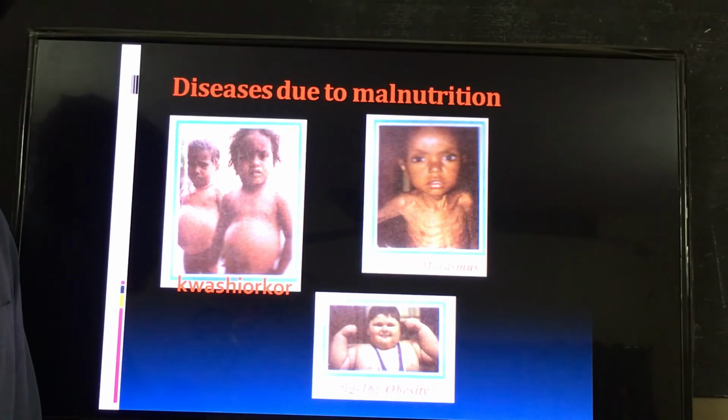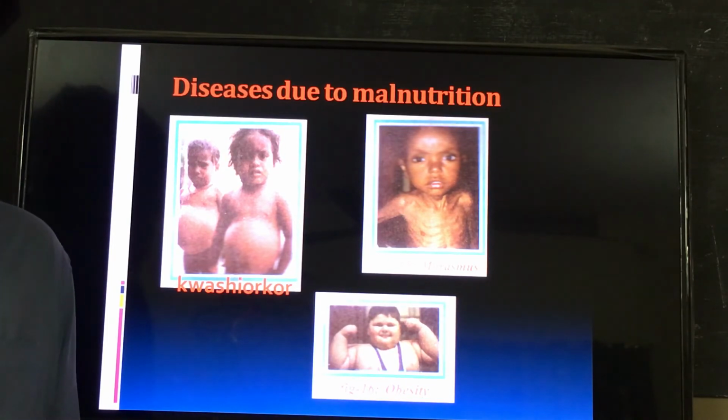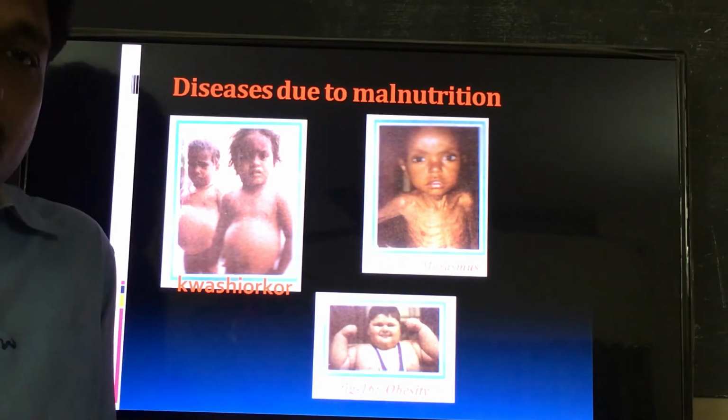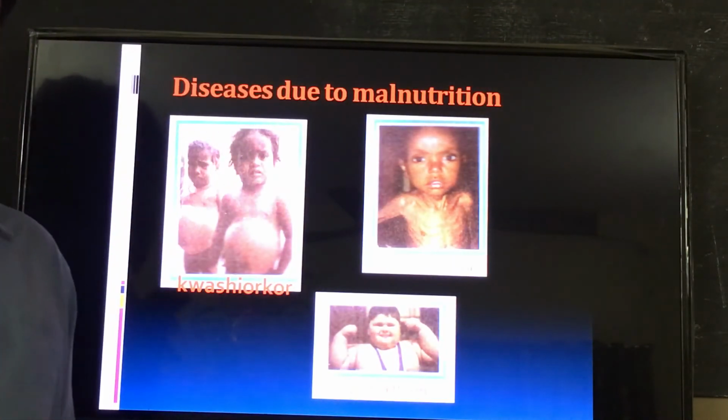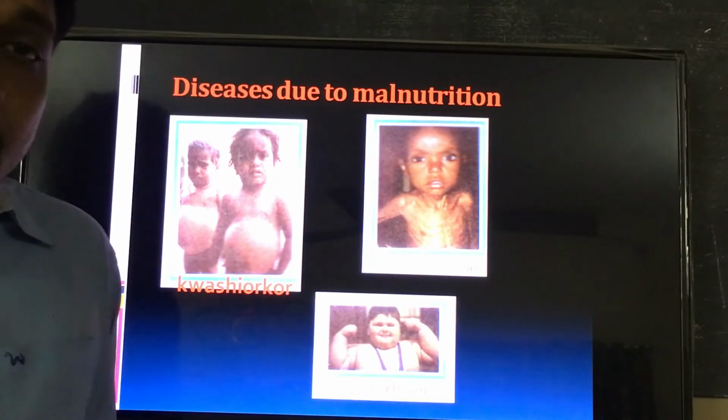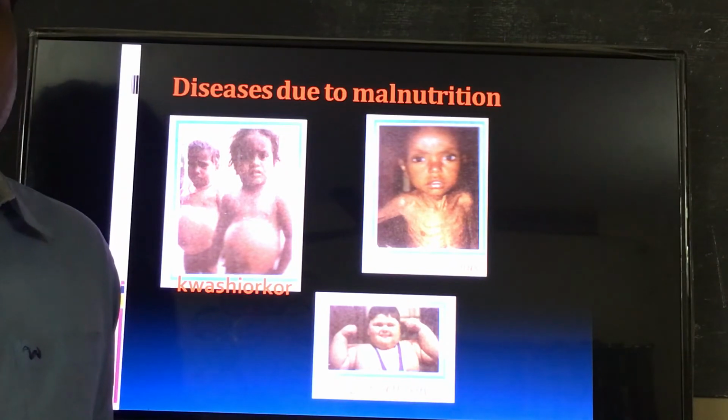First, lack of awareness. Some people do not have the correct opinion about a balanced diet. So that is called lack of awareness. Second one, poverty. Some people do not have the ability to take healthy food due to lack of money. That is called poverty. And the third reason for malnutrition is socio-economic problem.